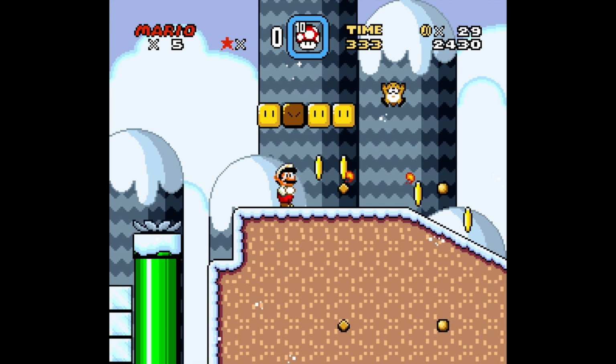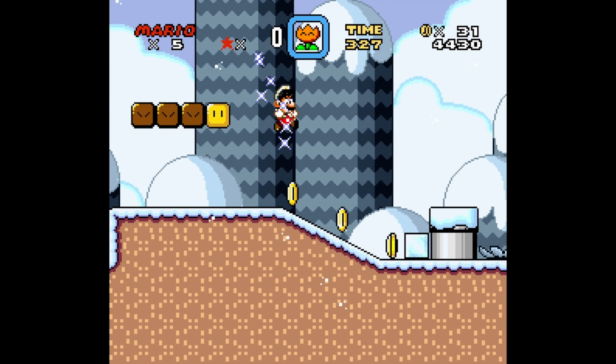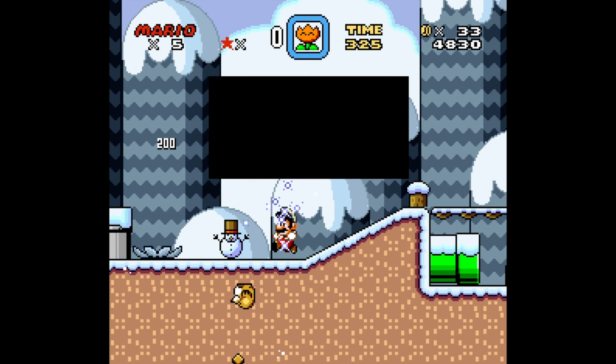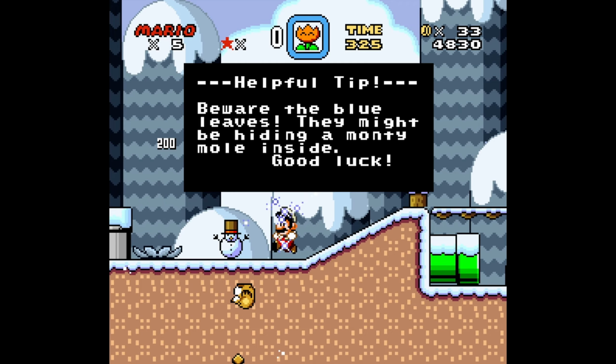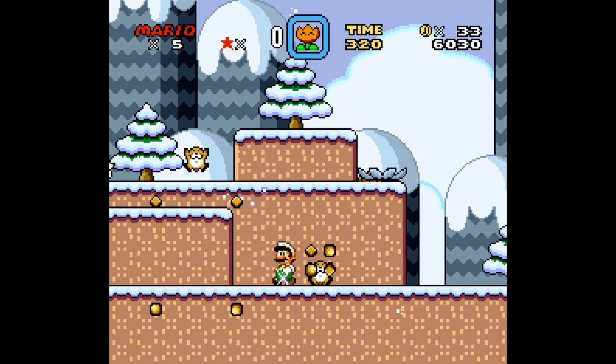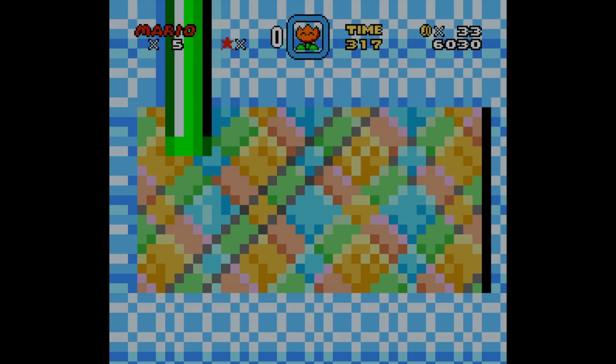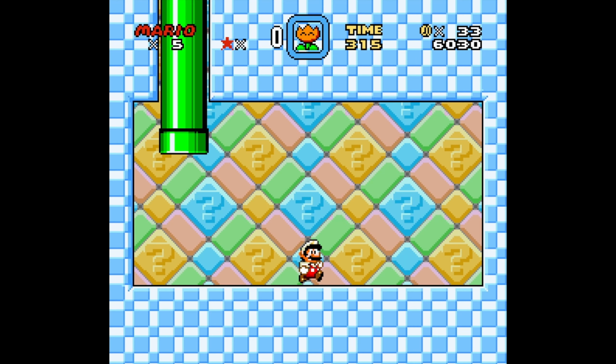I think it's funny. You know, puns are one of the few... Oh, a star! Okay, this is feeling a little bit like a real Mario level. I like it. Beware the blue leaves. They might be hiding Monty Moles. This feels like a really well-designed real Mario level. This is good game design. Let's go. It was marked as a hard hack, but...